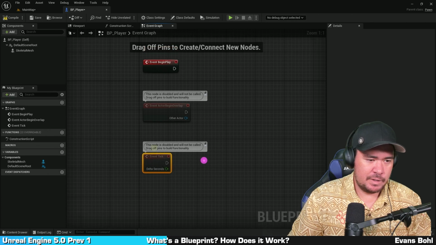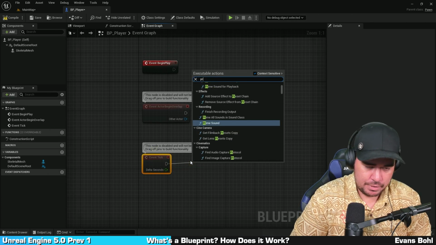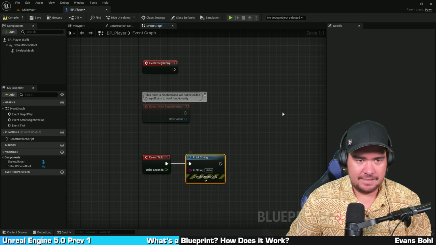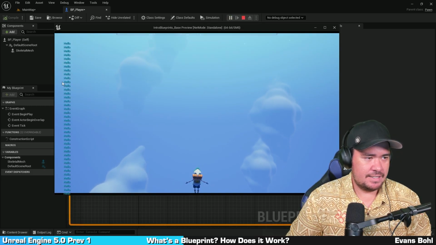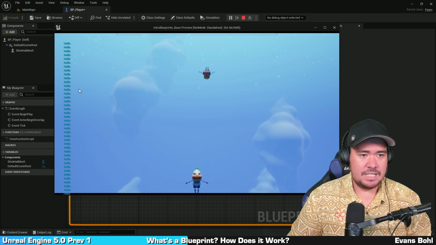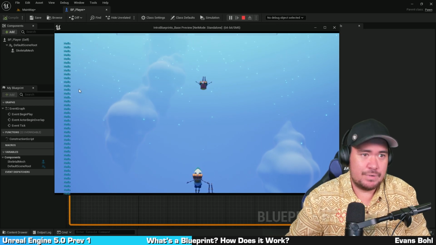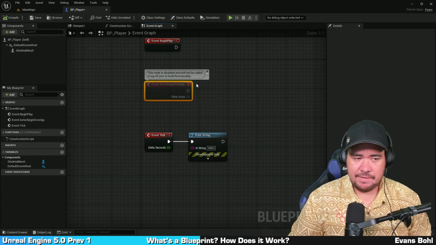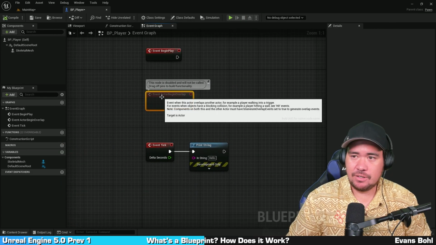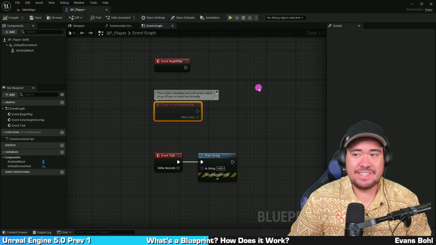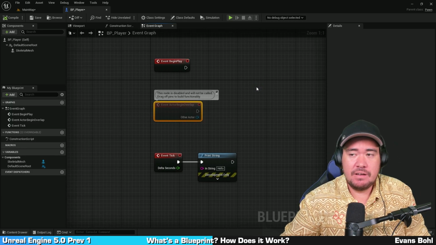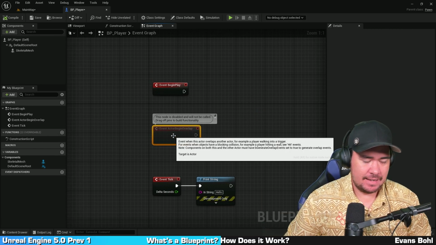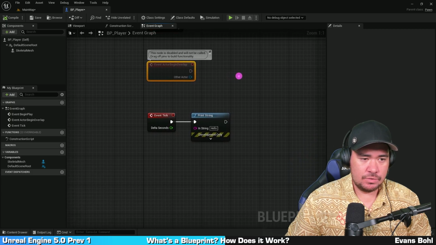So same here, I'm going to use a function called printString to show you that it will be called a lot of times in a second. So let's press play. And here you can see that there's the word hello that spawned a lot of times, so 60 times per second, for example. And this is how the event tick works. The last event, which is called event actor begin overlap, is triggered every time the actor overlaps another actor. So this event will be used later in this tutorial, but now we are going to make a focus on